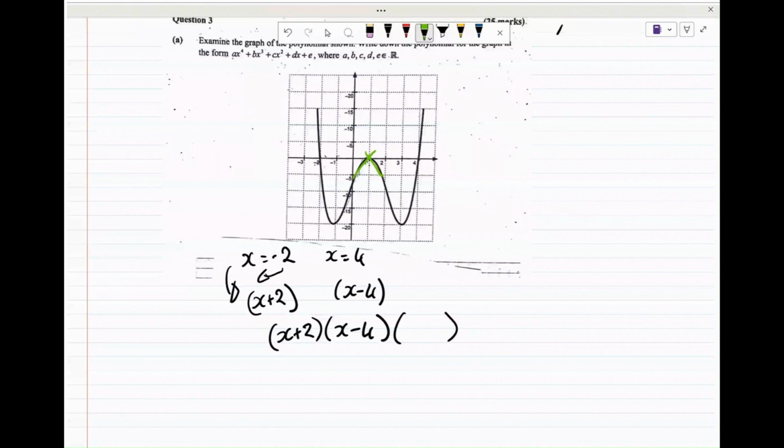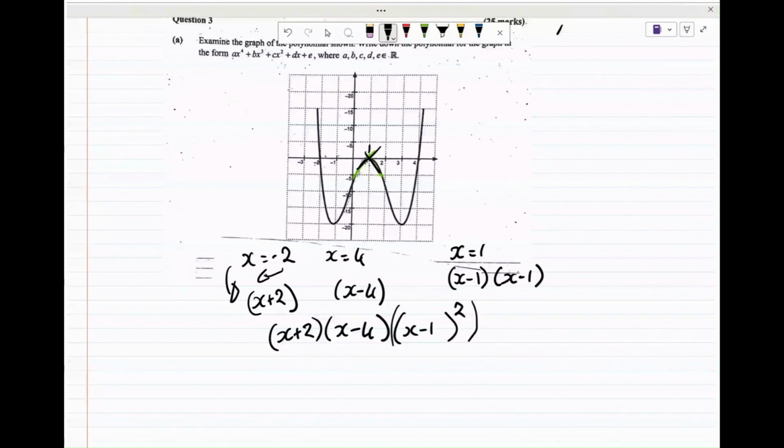And wherever it crosses the x-axis is a root. So if this is 1, so that's x equal to 1. If we change this into a factor, that's x minus 1. But because it crossed it, that means it's a root, and it crossed it again. So that means there's another x minus 1. It crossed it twice. And we can write that pretty easily by